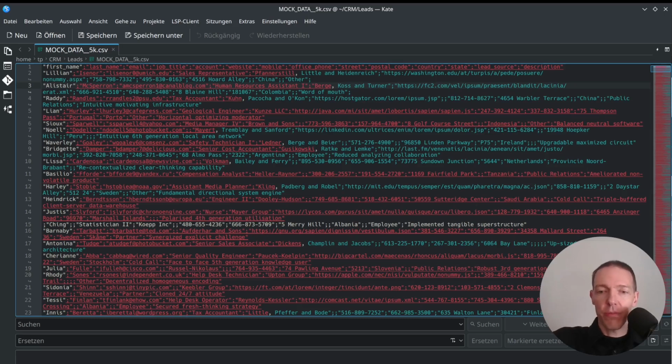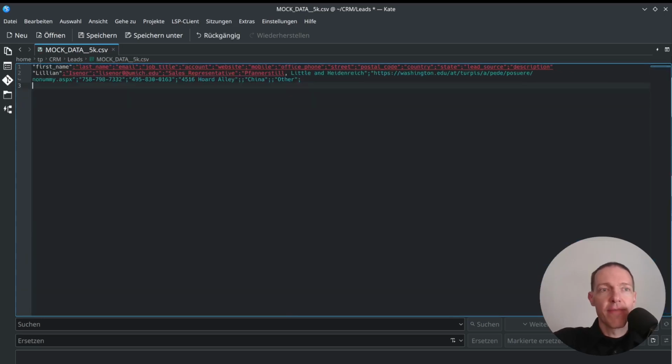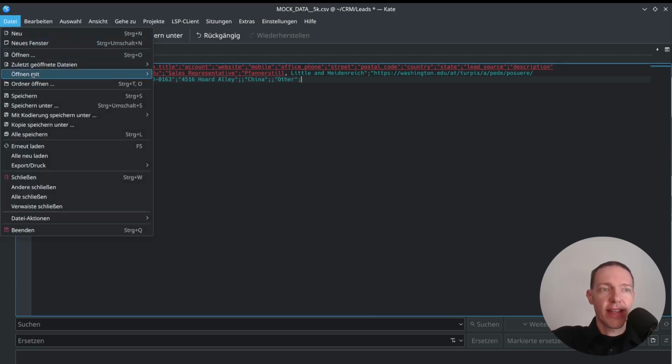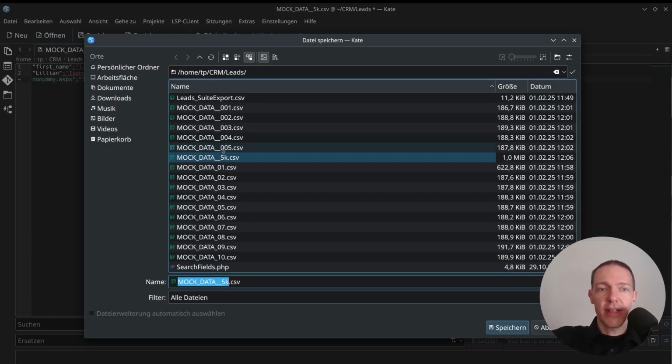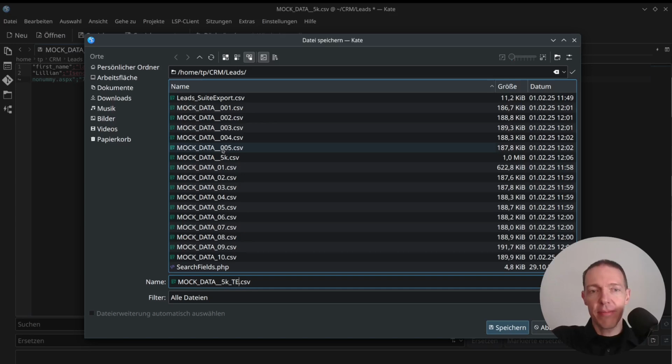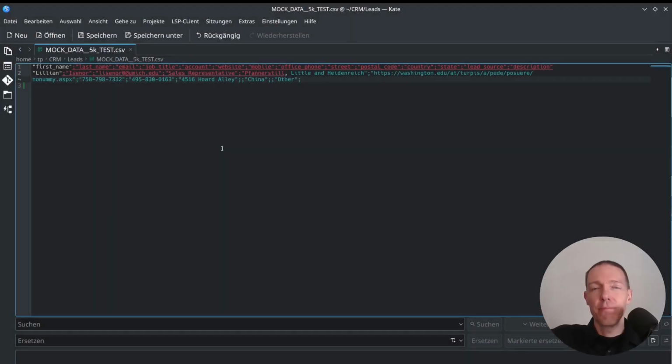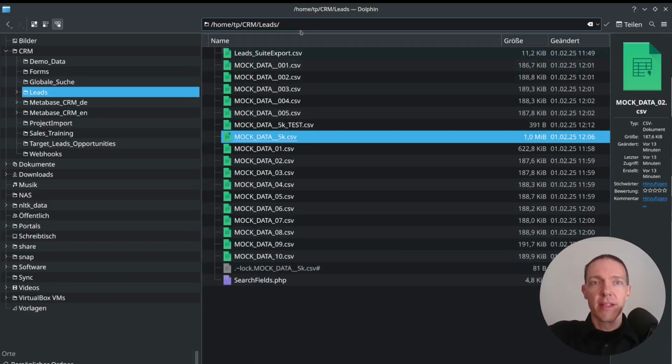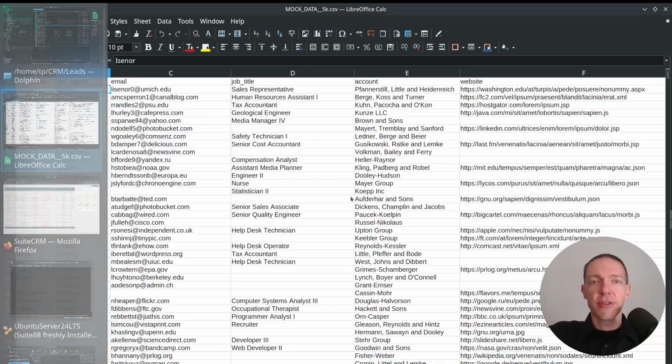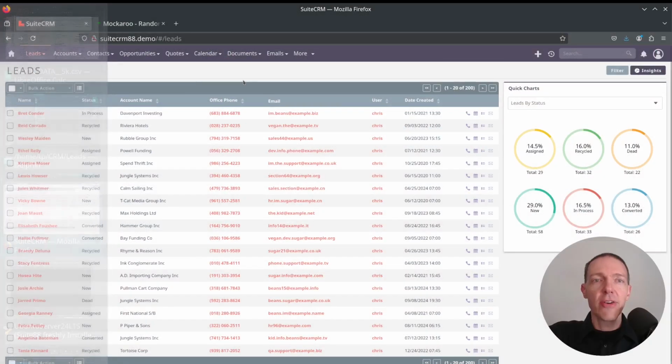The top row is for the names and the first row is for the data. If I save this now, I can save it under the same name and then maybe add test or test import. So I copy the location here so I can easily access it. And now let's go into